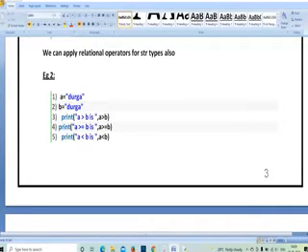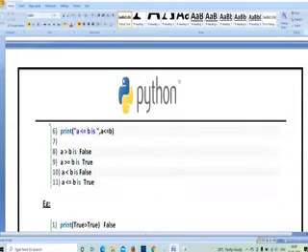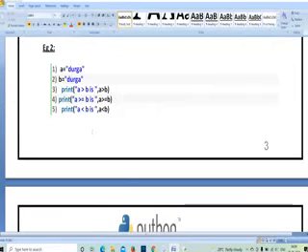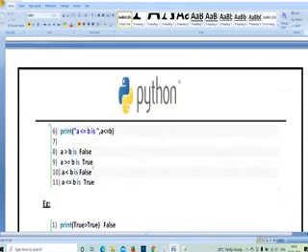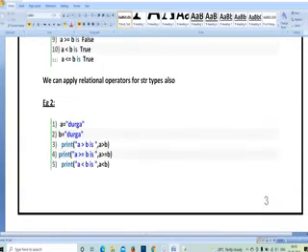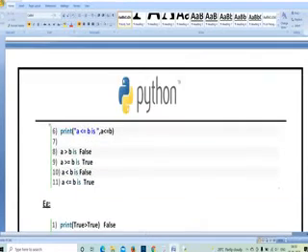So for example, you can see line number 3, print A greater than B. A is not greater than B. A and B are the same. A has 5 characters, B has 5 characters. It is false. So print A greater than or equal to B. In this condition, A is not greater than B, but A is equal to B. That condition is satisfied. So I got a result as true. In these two conditions, you have to remember, if at least one condition satisfies, you are going to get the result as true. So next, A is less than B. The condition is false. Why? Because A and B are equal. So the condition is false.